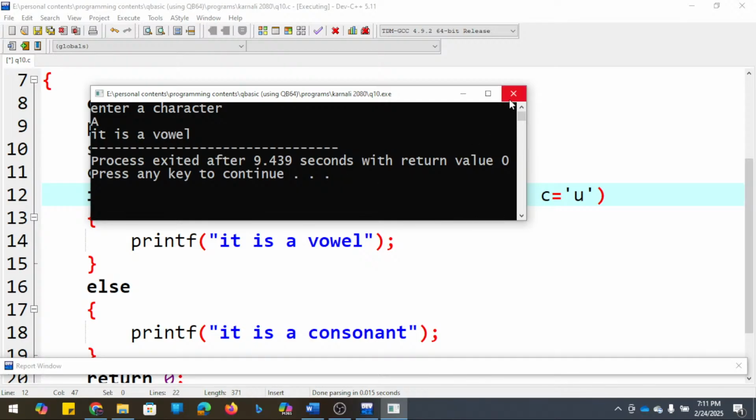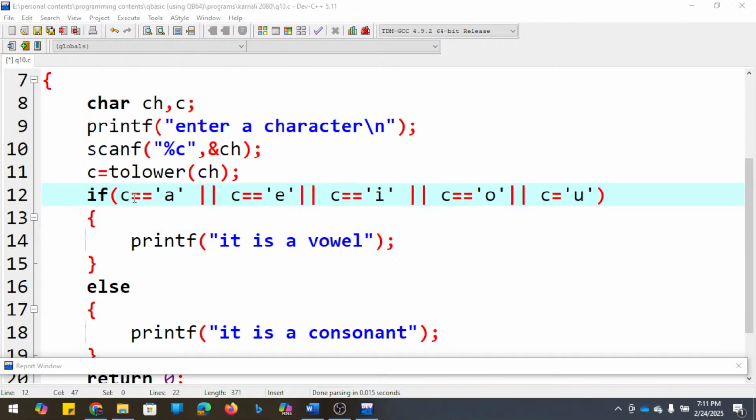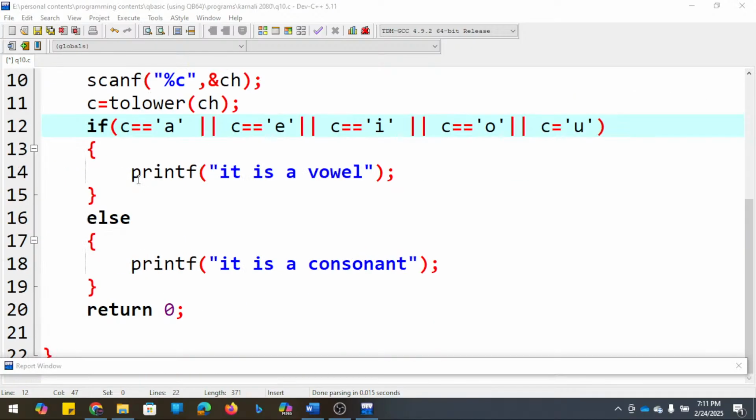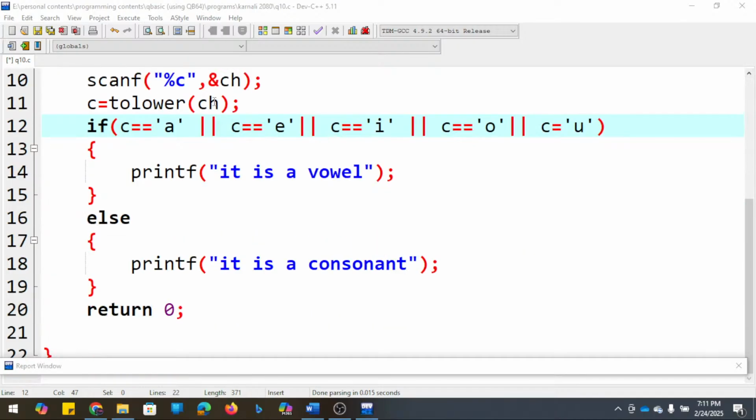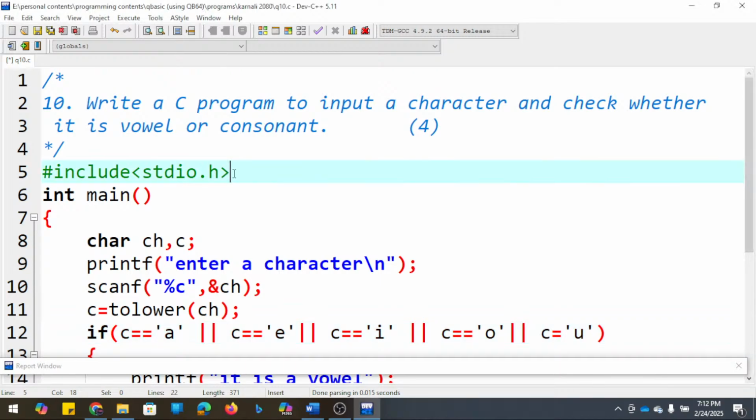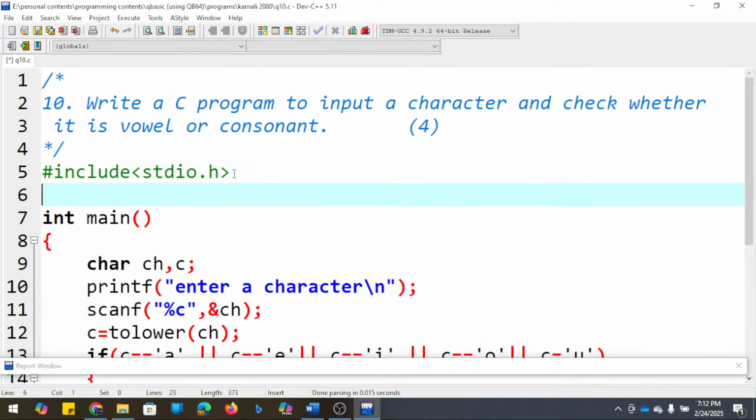So minor changes we have to do here. This is how we can run the program using the tolower and toupper functions. For these tolower and toupper, we have to use ctype.h. Though it is not displaying any warning there, it is better to include ctype.h here. Now let's run the program again.